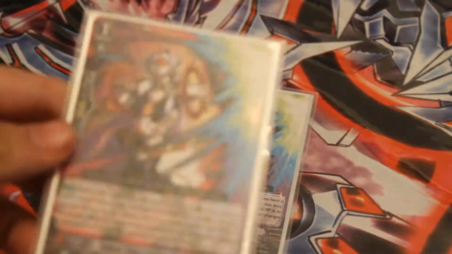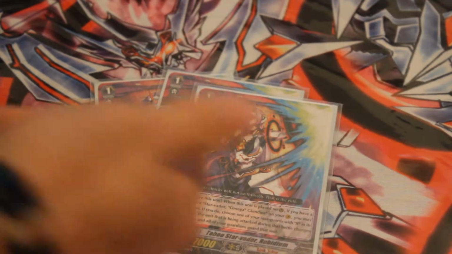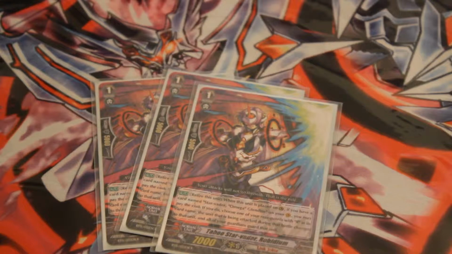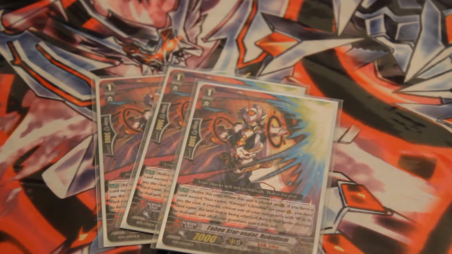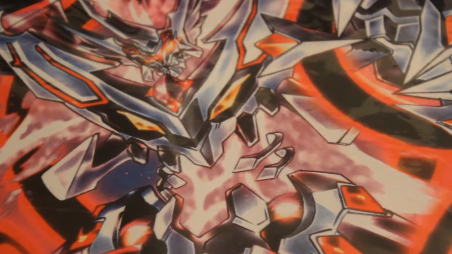Rubdium. This is basically a damage deflector. Basically, if someone starts attacking you, you can deflect this to another unit, and most of the time you don't really need other units because you're not really attacking that much. So yeah, that's why you only play 3 Perfect Guard, because you don't need that much defense because of that